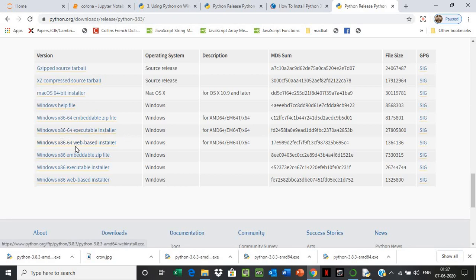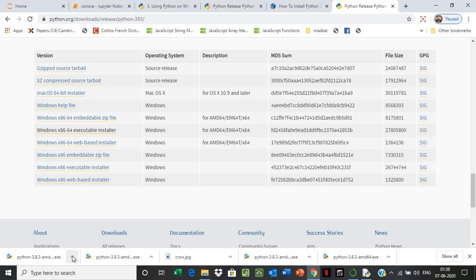Okay. This is this one, 64-bit executable installer. You click it. Once you click it, look at this left bottom, the executable file is being downloaded in no time.